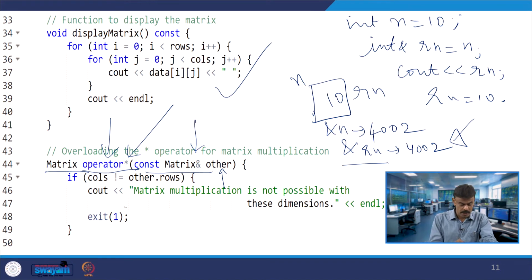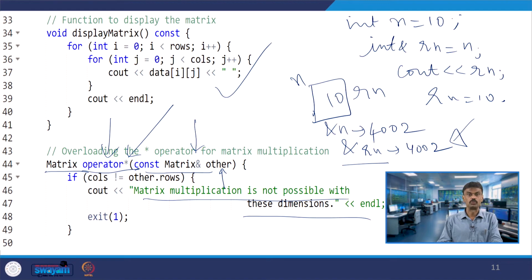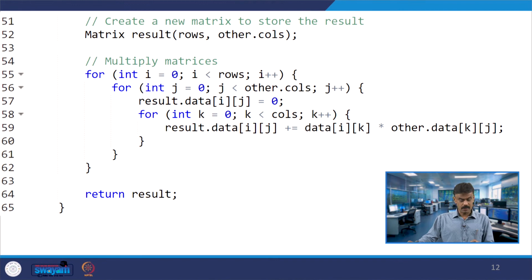Then you are printing that matrix multiplication is not possible, because the dimensions have to match. The first matrix's columns should be equal to the second matrix's rows. If they are not equal, then matrix multiplication is not possible. This is what exactly you are telling, right. Matrix multiplication is not possible otherwise.